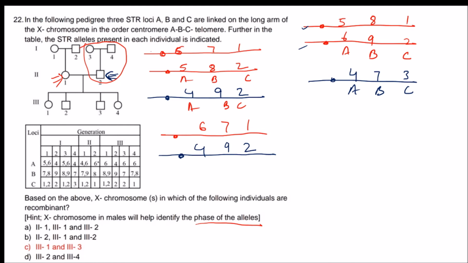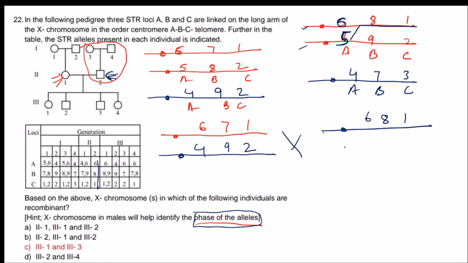So what is the gene sequence here? It is present in number 2, it is 6, 8 and 1. So here it will be 6, 8 and 1. So again what we have seen, above it will be 6 and below it will be 5. Now we have known the sequence of male and female one, and we have got the phases of alleles here, like 6, 8, 1 will be present in one chromosome, and in another X chromosome of the female it will be 5, 9 and 2. Now mating this 2, 1, what are we getting? We are getting a female.